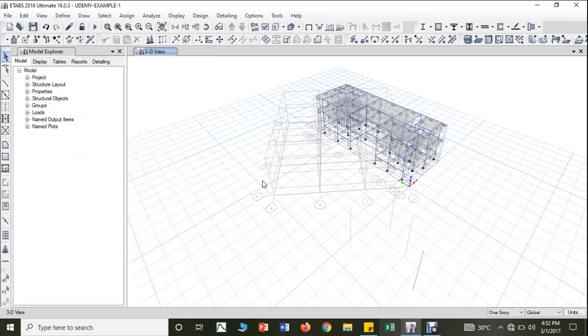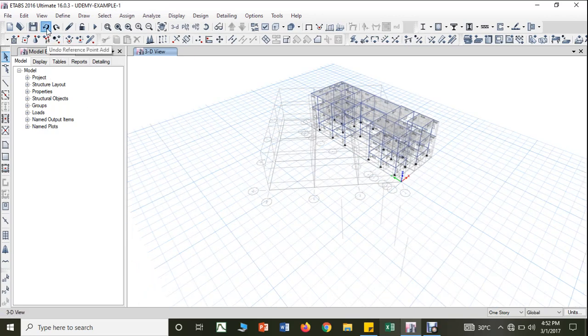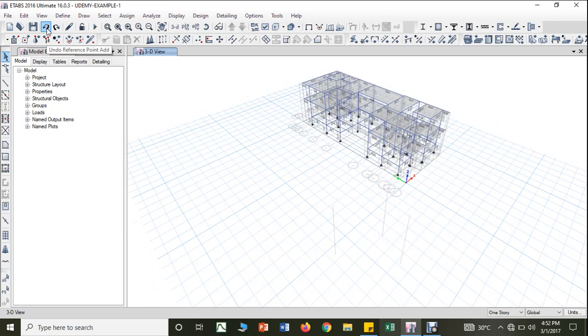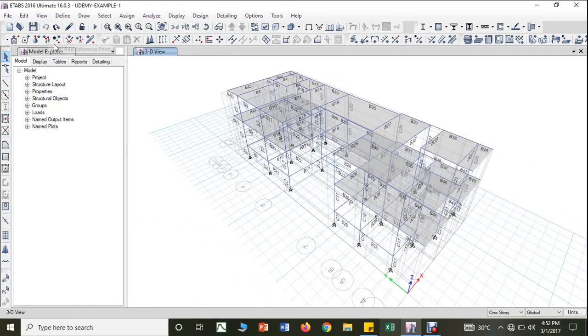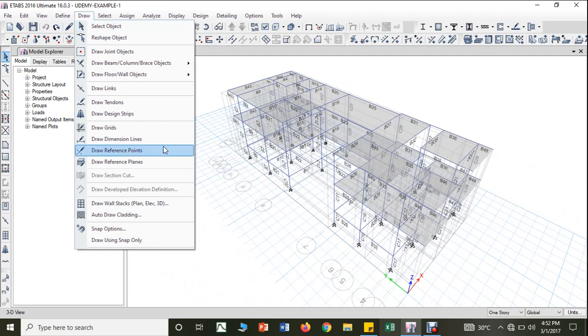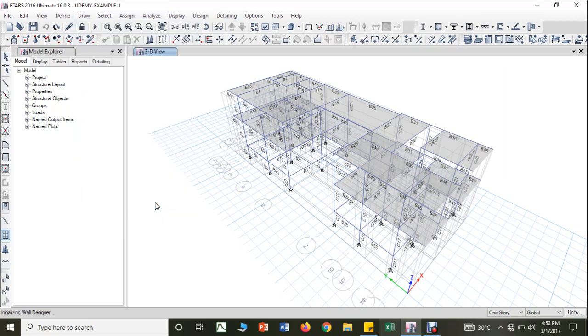So that is the option we are going to use for that. Okay, so that is with respect to these dimension lines, reference lines and reference points. Then next you have is draw wall stacks. Wall stacks is nothing but, so we have now